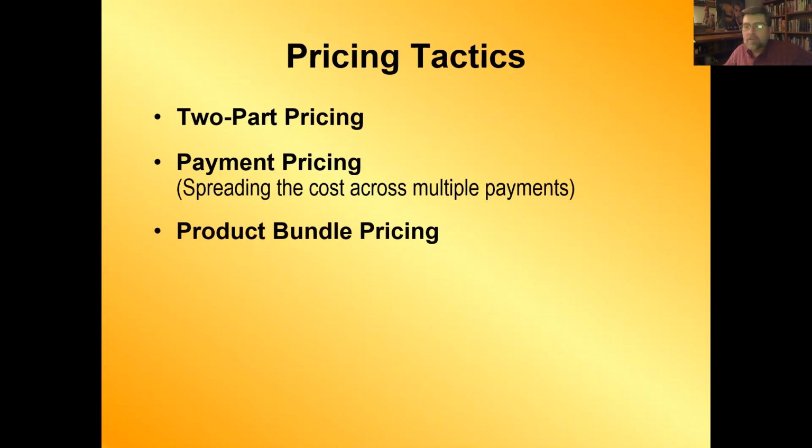Product bundle pricing, which I believe I had mentioned earlier in the semester, is where you take a basket or a batch of products and bundle them together. Probably one you might be familiar with would be a value meal at McDonald's. The sandwich, the French fries, the beverage, and you get it at a lower price if you buy the entire meal. Like for instance, I would usually just buy the sandwich and the beverage, but for another 50 cents, I can get the French fries, which might ordinarily